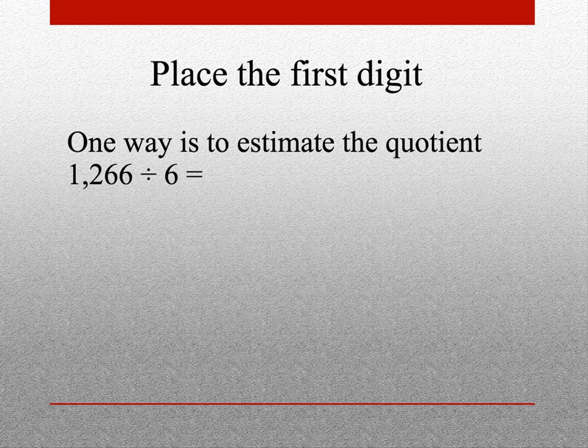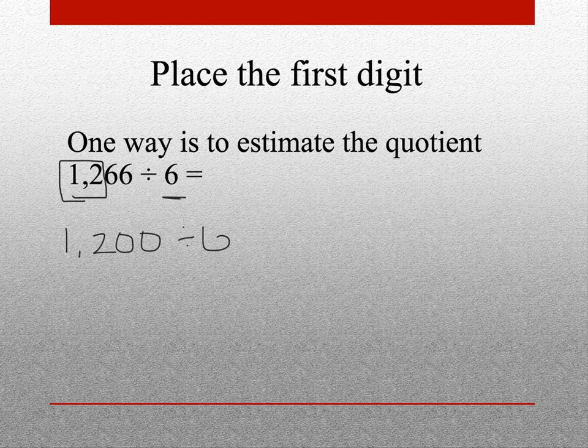Before you actually do the division, it's a good idea to estimate the quotient so you have an idea of what place value your quotient will begin in. Let's say I'm doing 1,266 divided by 6. I'm going to look for compatible numbers. In other words, numbers that are easy to divide. If I'm going to be dividing by 6 here, I want to look for a number that's compatible to 6. 6 times nothing will give me 1, but 12 is a multiple of 6. So I could estimate this to be 1,200